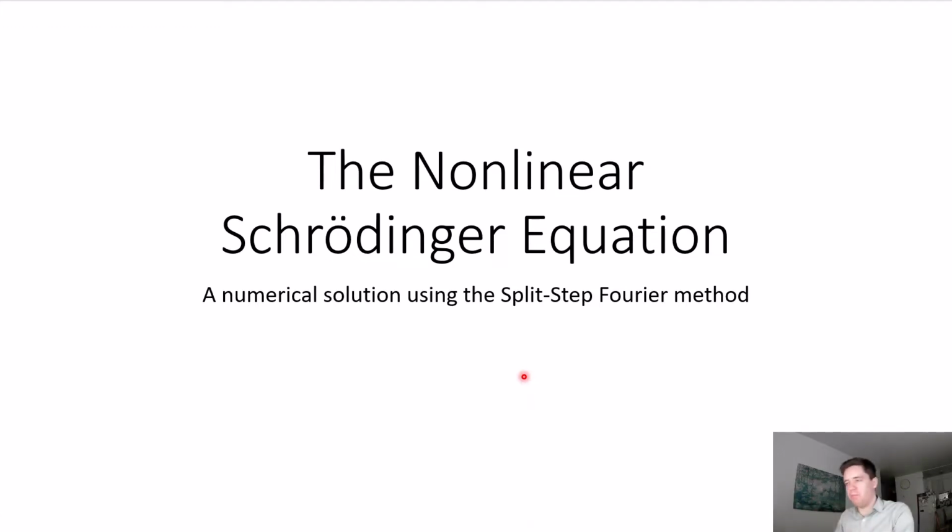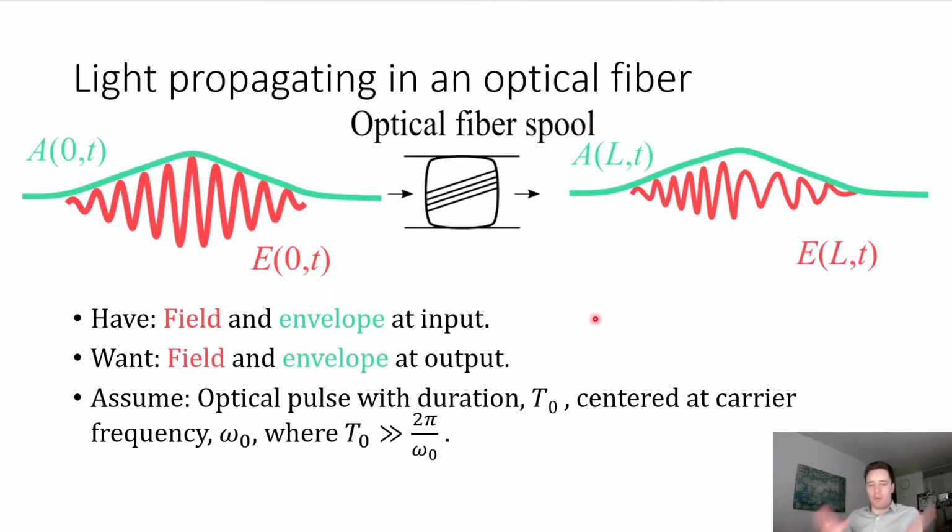So let's get started. First of all, what are we trying to simulate here? Well, we want to simulate the propagation of an optical pulse through an optical fiber, which means that we have the field envelope at the input of the fiber. We want the field envelope at the output of the fiber. We're going to assume we have a pulse with a certain overall duration, T0, centered at some carrier frequency omega naught, where the overall duration of the pulse is much greater than the duration of a single optical cycle